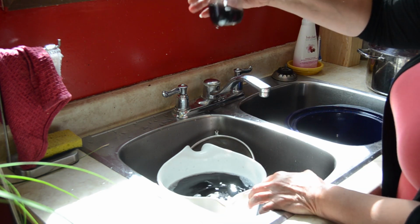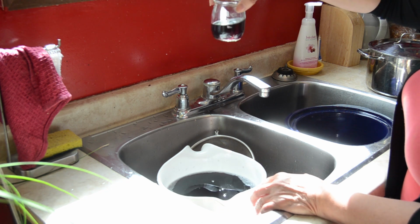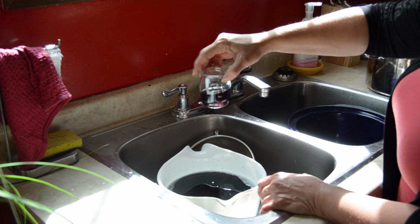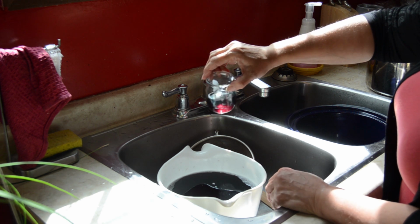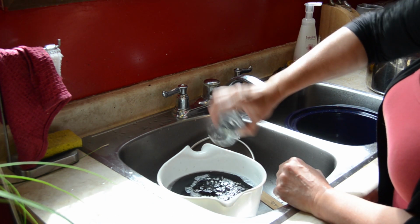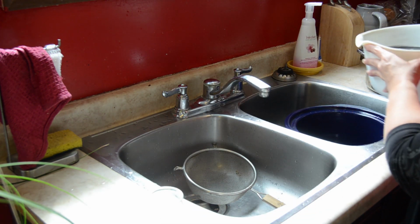Okay, so let me show you the color that we have managed to pull out of the petunias. So that is a nice deep purple color. I will be very excited if we can get this color onto the wool and then find it to be color fast. So fingers are crossed. All right, and I'm going to pour that right back into its slow cooker